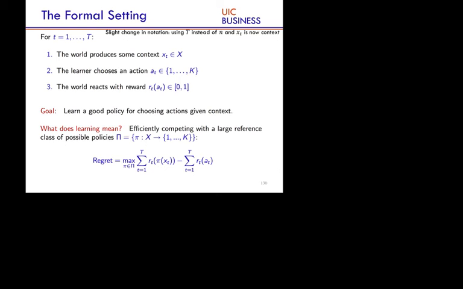So if this is the class of all policies, I'm going to define regret to be what did I do. What are the actions that I took? At every round t, I take some action and I get a reward signal. I just sum over all t rounds, so I get t reward signals. So that's this term. How does that compare with the rewards that the best policy